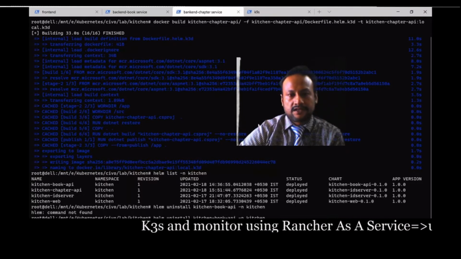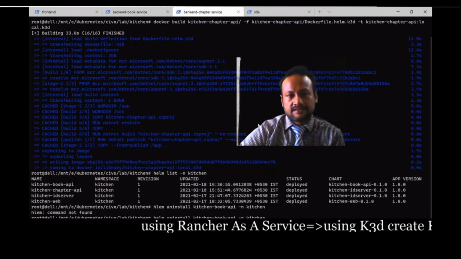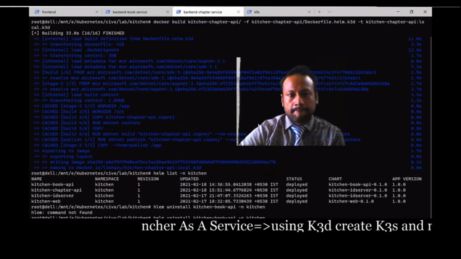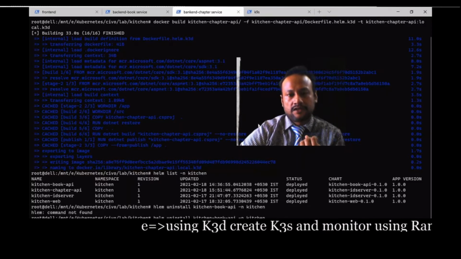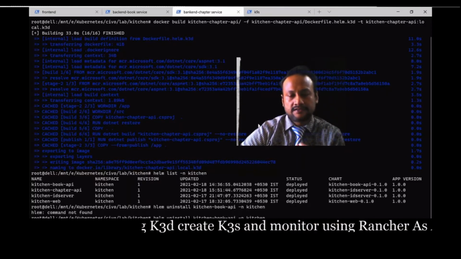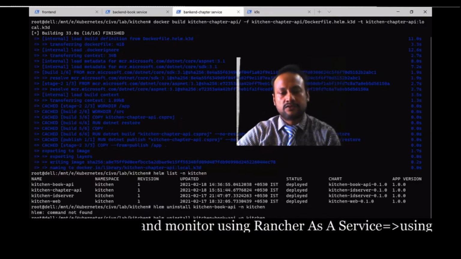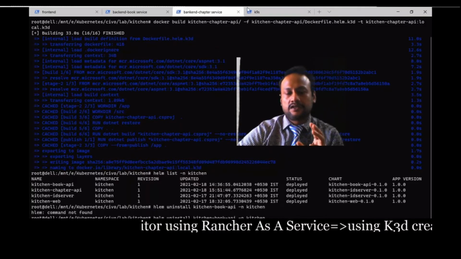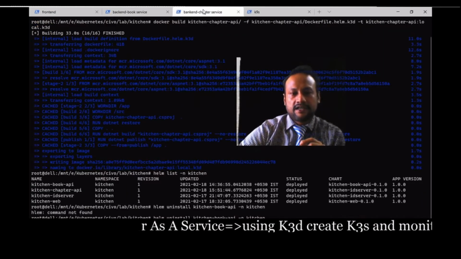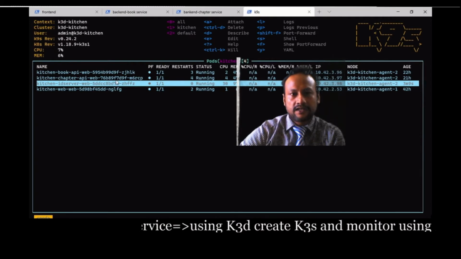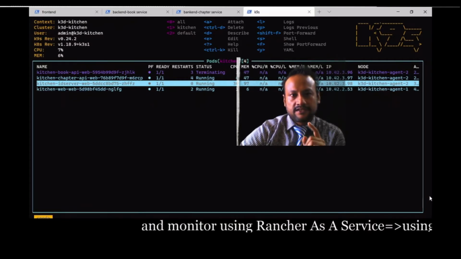So let's see in K9s if there is any status change for this. Let's wait, let's give it some time. Okay, so we have the web application, the book service, the identity server, and the chapter service up and running. Once you install it, the Kubernetes cluster looks for the health. There are health endpoints enabled. So you could see that once I uninstall the book API from this cluster, it's terminating.